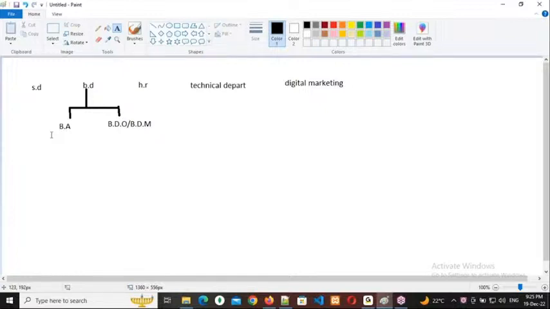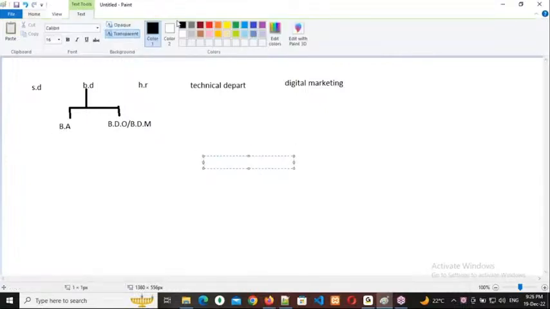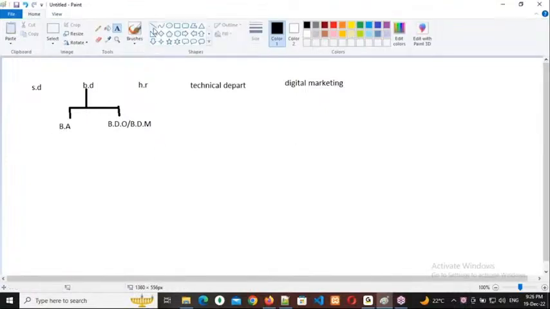Right. Once the requirements are finalized, thereafter they will conduct a meeting with the technical department. Before conducting that meeting, this business analyst will send the requirements documents to the technical department. So how many technical departments will there be? There will be multiple. One is